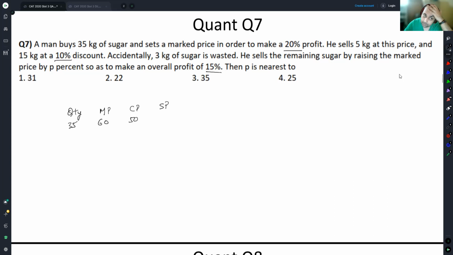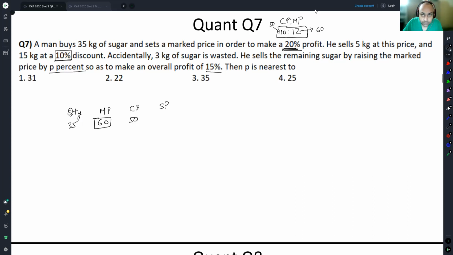Is this data understandable? I have taken MP as 60 because it is 20% more. So I was thinking 10 is to 12 ratio wise CP is to MP. And then I also saw there was a 10% discount on MP, so MP also has to be a multiple of 10. So I directly went to this spot. Let me make this 60, so this will become 50. I assumed the numbers because we need our final answer in percentage terms only, so taking variables is not useful.